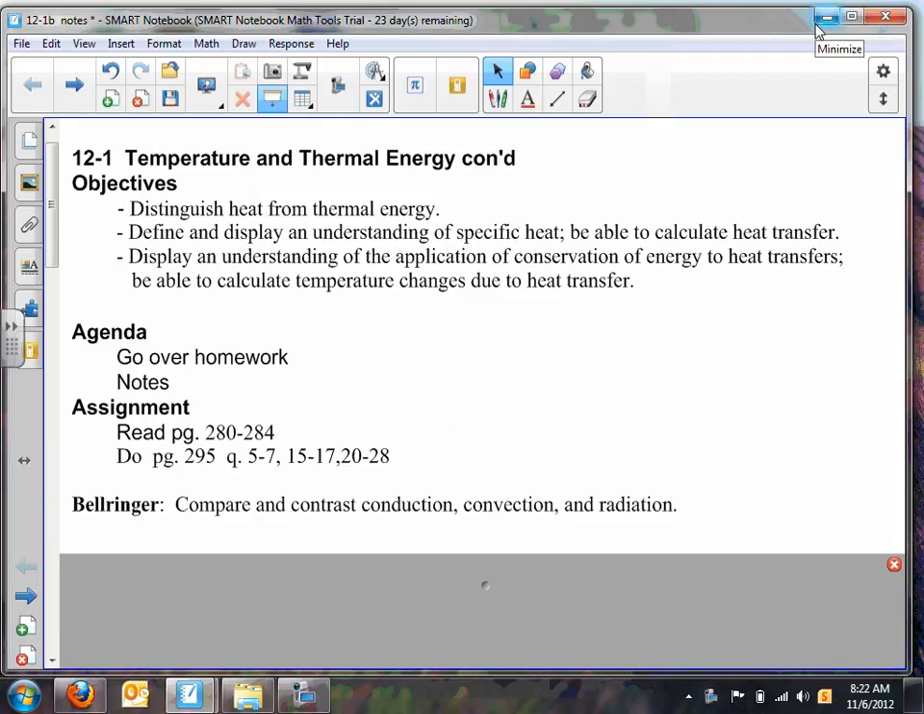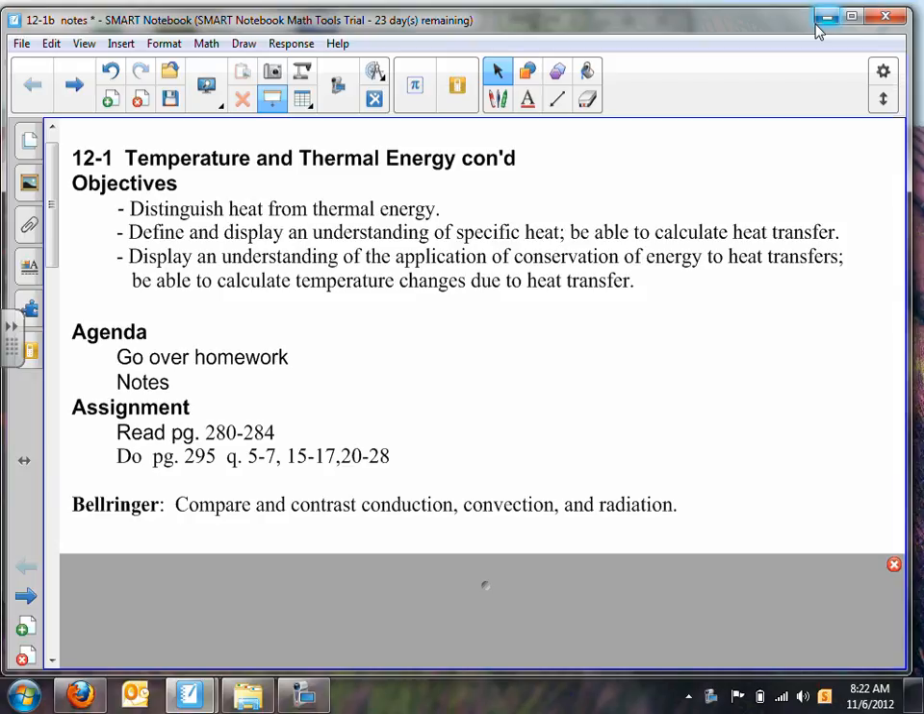Today we're going to continue our lesson on temperature and thermal energy. We'd like you to be able to distinguish heat from thermal energy, explain what specific heat is and how to calculate heat transfer, and then understand an application of conservation of energy to heat transfers and